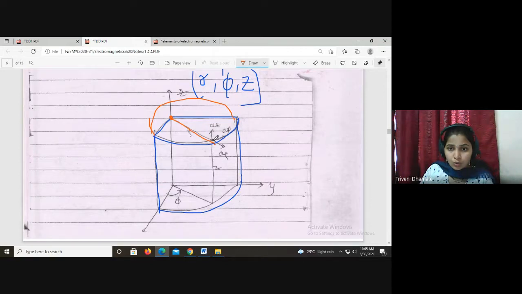So along this rho, unit vector a rho cap is there. Don't forget the cap or bar, right? Along this rho, that is along this radius, unit vector is a rho. Now this is the cylinder. So from this surface point to this bottom line, height is z. So along this z axis, unit vector is az cap. Okay. Now this r is radius, z is the height of the cylinder, and this phi is the azimuth angle,